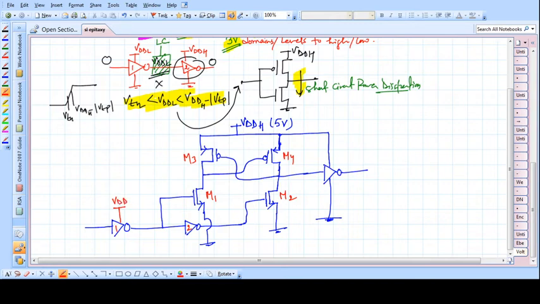So we are doing the low to high case, so we are giving a low input, that is our VDD-L, because this VDD-L value is less than VDD-H, and we are just making a VDD-L to VDD-H converter. So this one is a level converter. Our aim is to make this level converter. Okay, so this one is our LC.